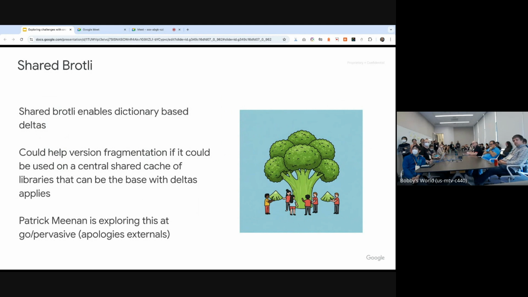Shared broccoli is a pretty exciting new technology that enables basically dictionary-based deltas, such that you end up only serving the parts to the actual specific client that isn't available locally, and you can understand what that delta is between a given resource that has maybe some subset of it available locally, and you end up just being able to load the delta. I don't understand all of the stuff involved here, but Patrick Beenan has been pushing this